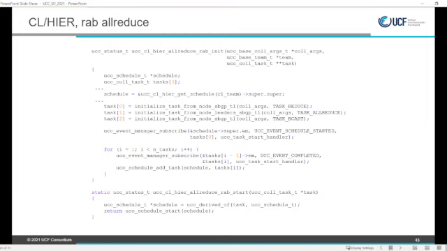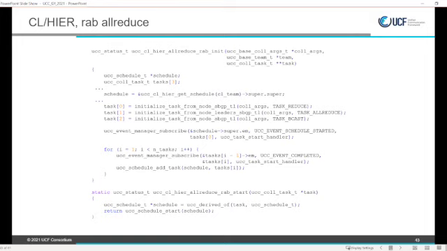And then all tasks are also added to the schedule, because the schedule is actually the object which inherits from the collective request which we give to the user, to the OpenAPI. So OpenAPI will test the completion of the schedule. And since the schedule knows all its tasks, it can track the overall progress. So that's basically how hierarchical algorithms are expressed and implemented in UCC.